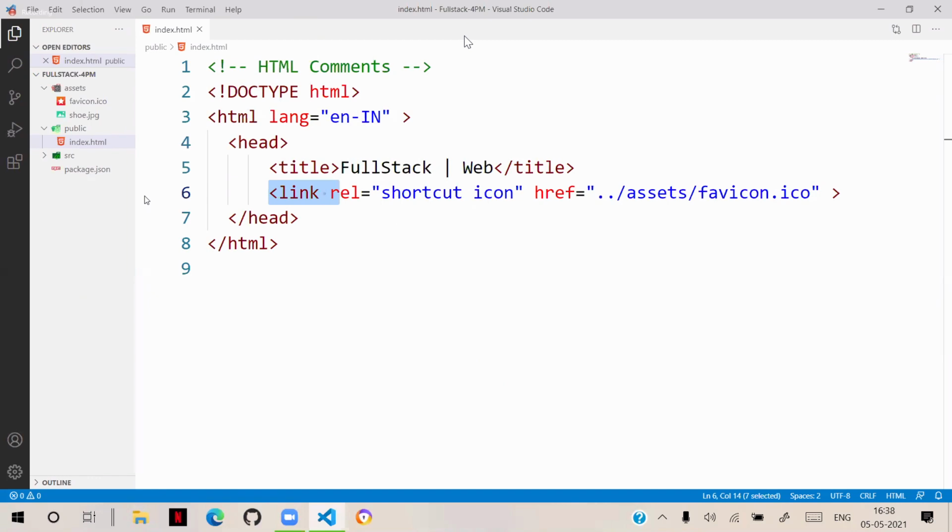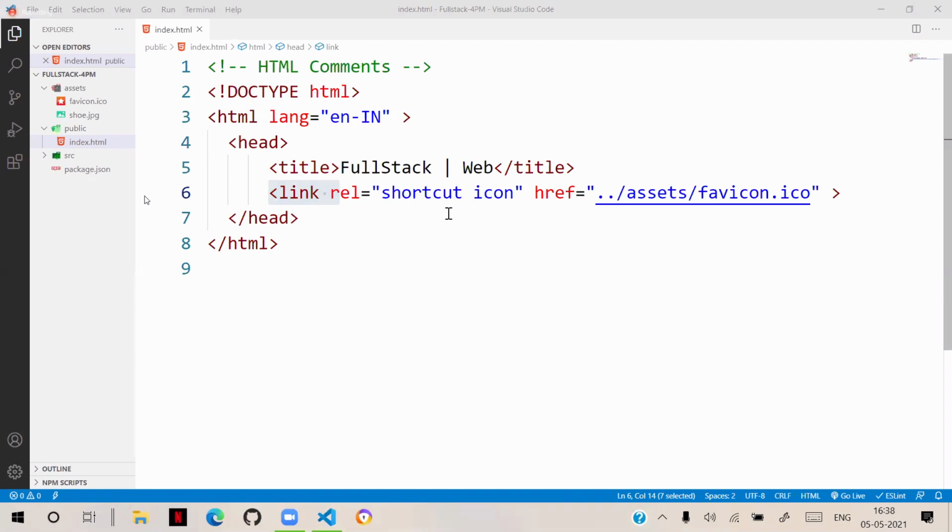Have you tried that favorite icon? Anyone? Have you tried the favorite icon? Have you tried these options up to now? Were you able to achieve that? Very good. Right. So you are successful in achieving that favorite icons, no? Right.